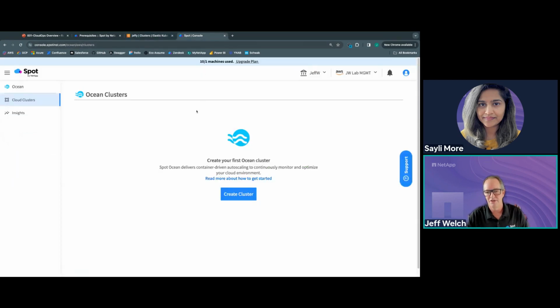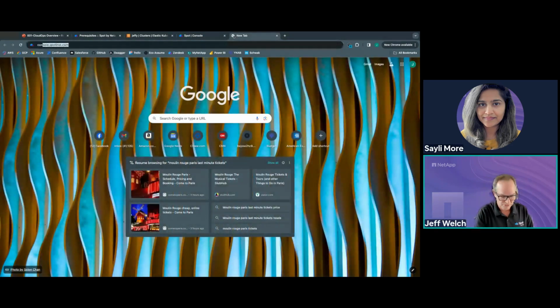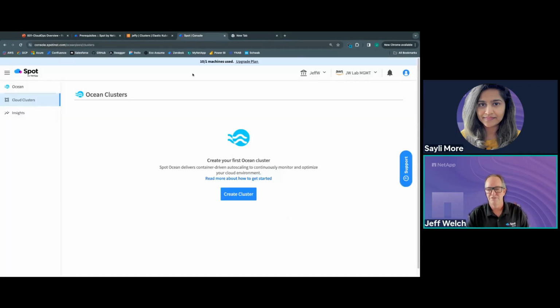And then I do have a Spot organization. We call it an organization because accounts actually mean mapping to your cloud account. So assuming you have a Spot organization, and if you don't, you can simply go to console.spotinst.com. Siley, maybe you can put that in the chat just in case. Yep. And from there, you can follow along and either create your org,